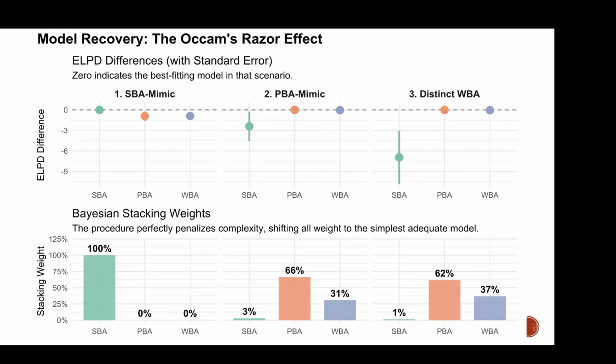And then we start with the first. How do we explain the first results? Why is SBA best, even if the other models can generate the same data? Yes? And that's because of penalized complexity. Yes. The other models are more complex, so they get penalized. Yeah. And also at best, they can generate the same data, yes. But the penalization is the true culprit. Yes. I forgot how the complexity was penalized.